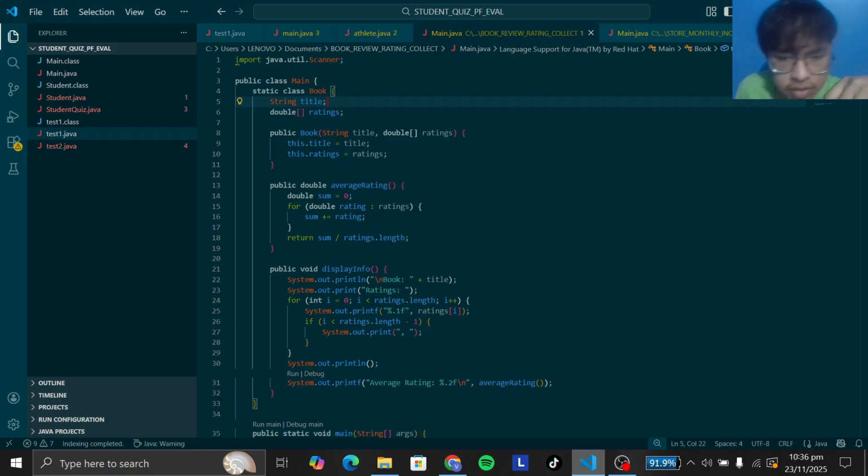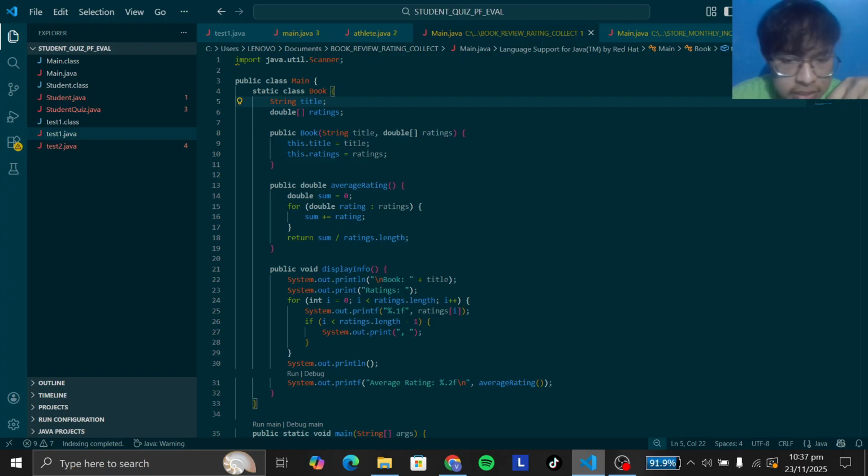So, class declaration. The program defines a public class called Main in Java. All code must be contained within a class, and the main method inside the class serves as the starting point of program execution. Declaring the class as public means it can be accessed from anywhere. And the name Main is used here as a conventional entry point class name.